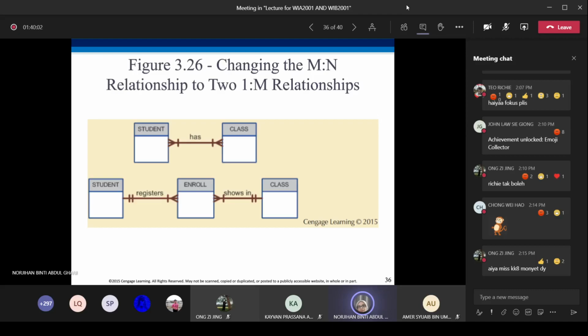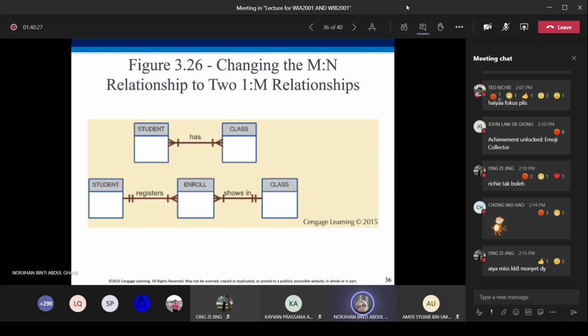Let's say for database, the database that you registered is shown in one and only one class, and one class can be shown in one or many enrollments. So this is how we can resolve the many to many relationship.